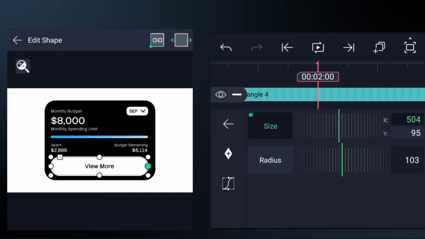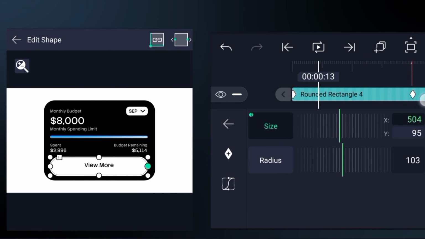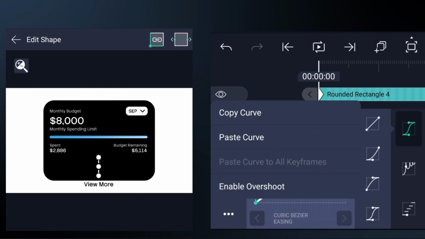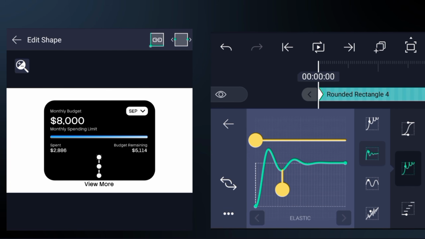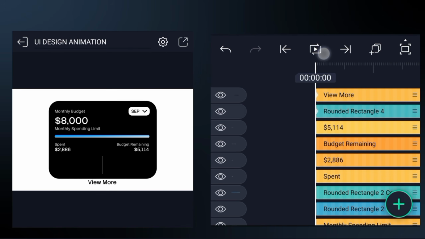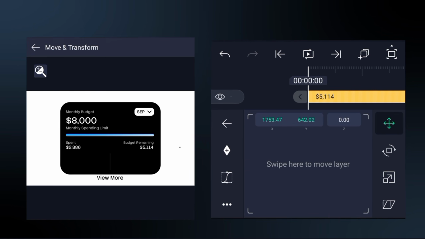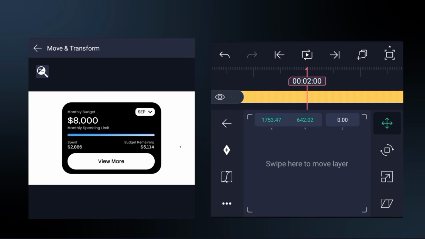Next, let's also add 2 keyframes for the white round box. Reduce the width to 0 at the first keyframe and paste the curve we copied earlier. We are going to use the curve throughout the animation process. Looks cool, right? After that, let's animate this text by adding 2 keyframes for the position